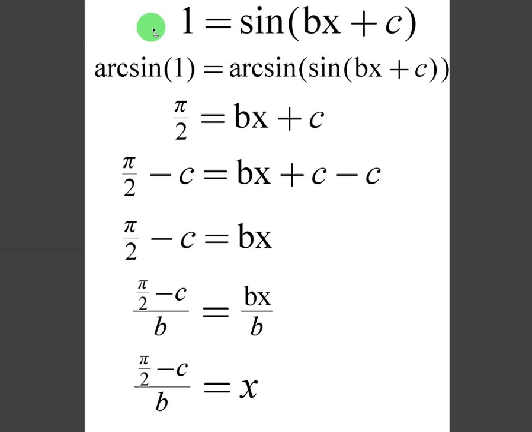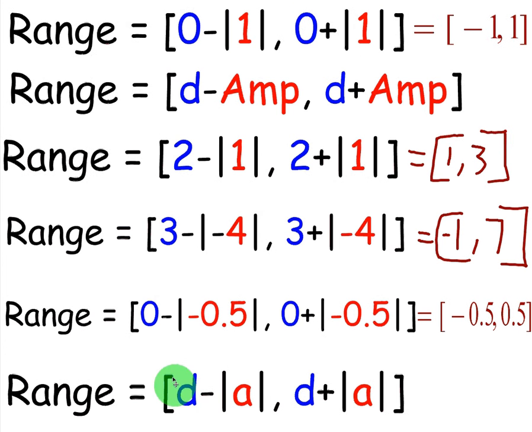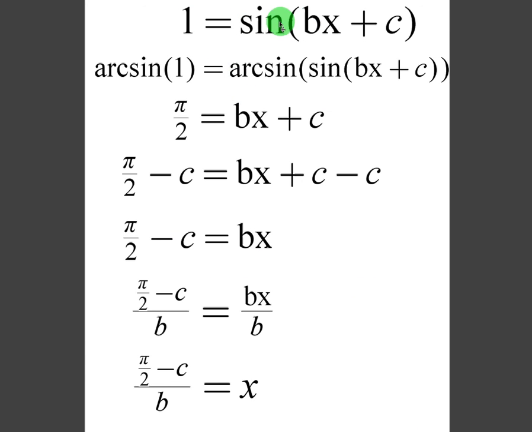Next, we're going to be taking a look at a proof as to why the range of sine and cosine is what we looked at in the previous video, d minus amplitude, d plus amplitude. Some of you are not interested in proofs, and I get that, but I like them. So first of all, I want you to understand that we need to first make sure that there is an